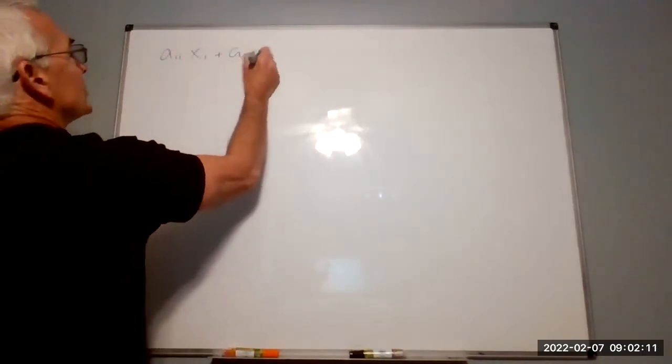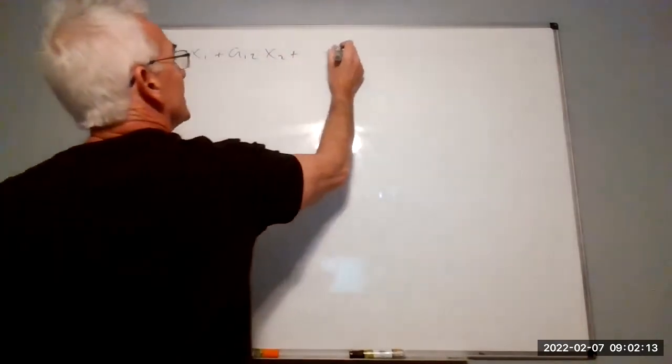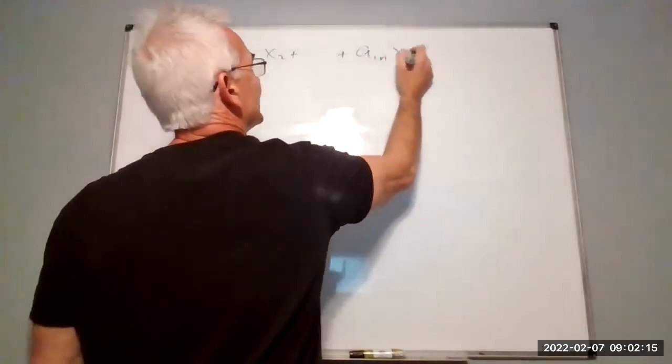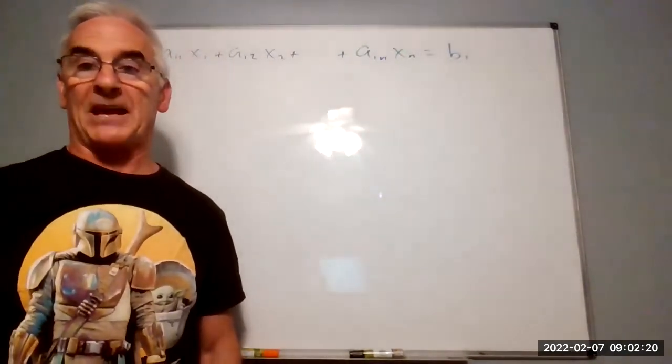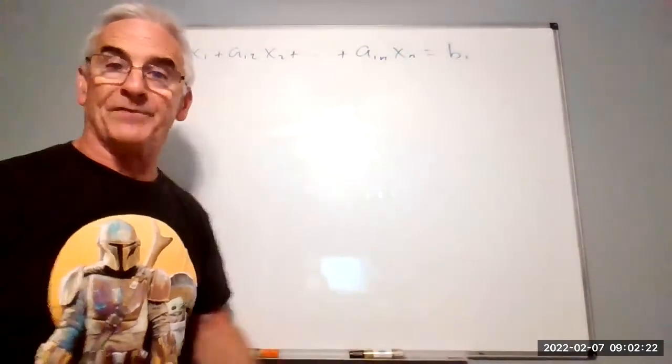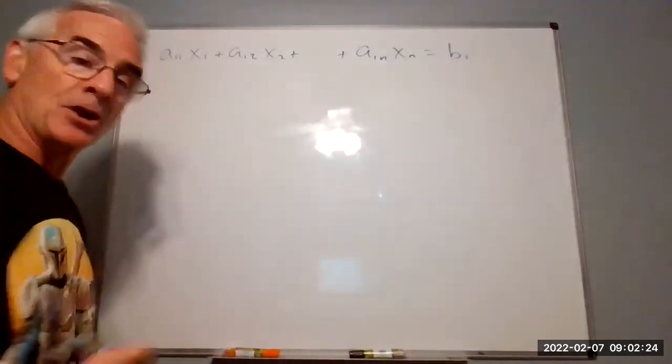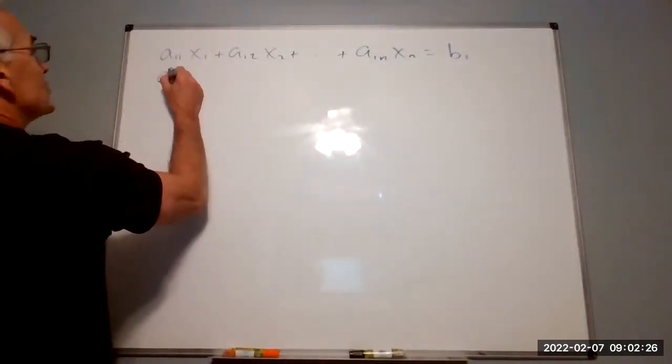A11x1 plus A12x2 plus ... plus A1nxn equals B1. That's my first equation. Okay, the A's just represent coefficients. The X's obviously are unknowns. Then the next equation,